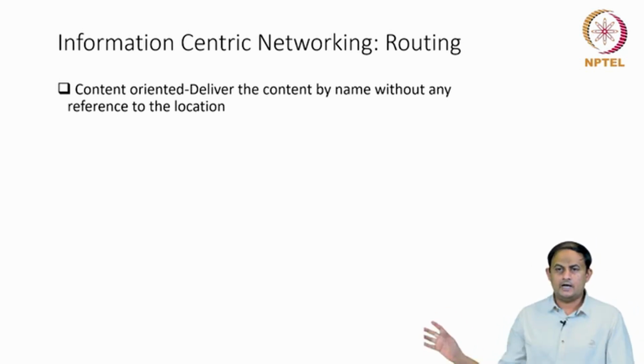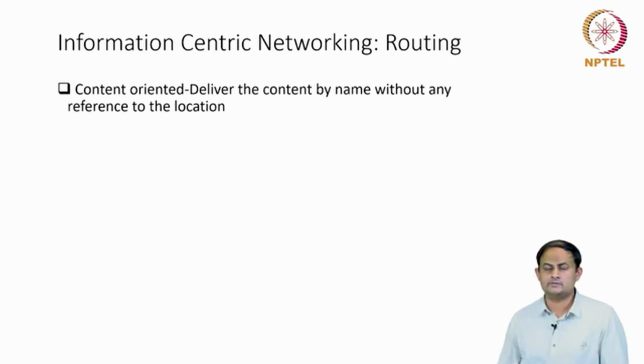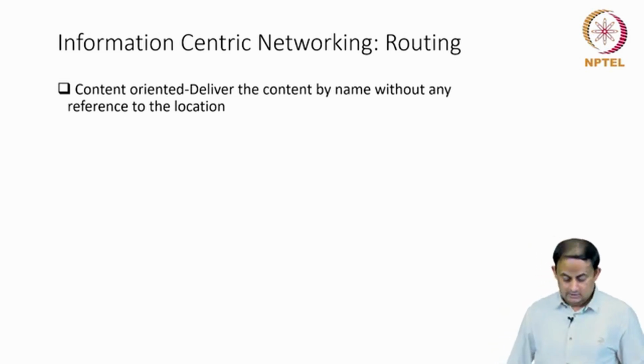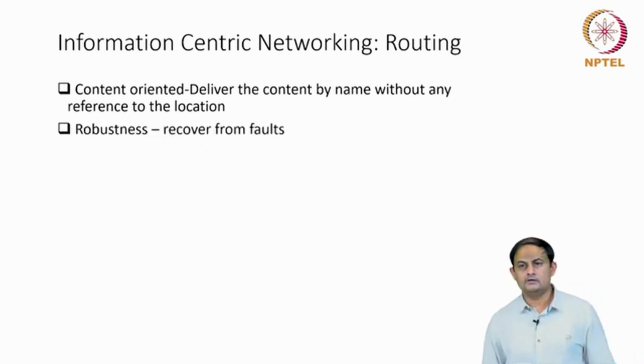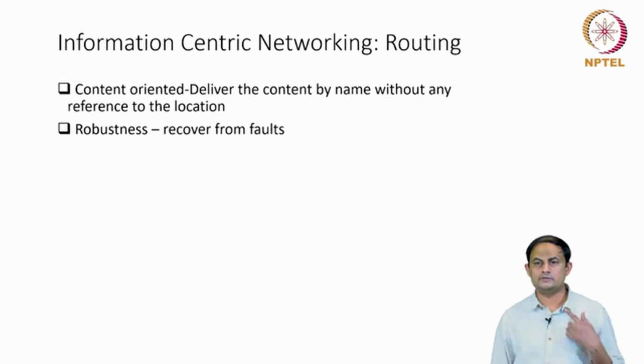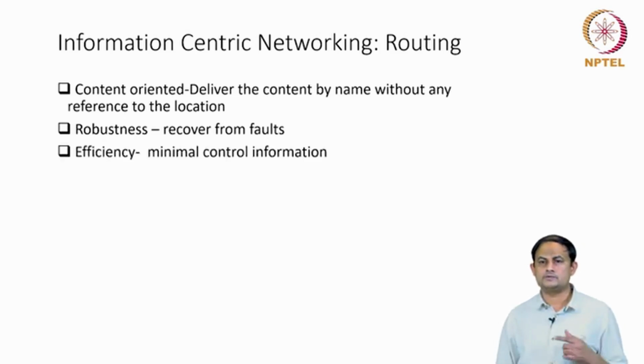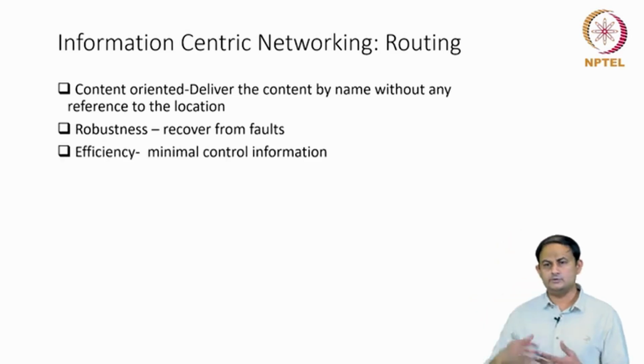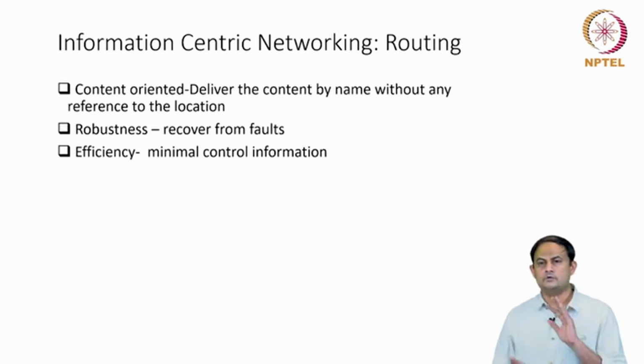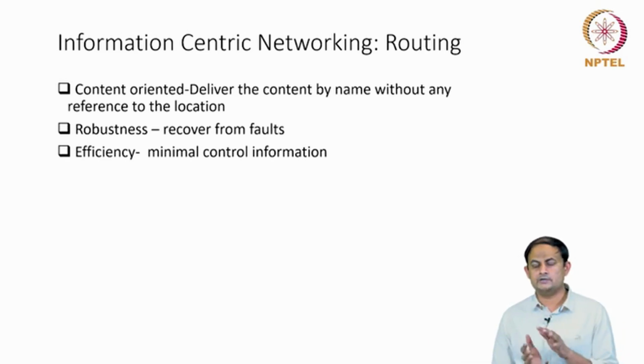If you use the flat naming convention, then because there is no structure in the way names are generated, there is no choice for the routers other than to keep the entire name itself in its routing table, and where to go to get the content for that particular name. On the other hand, if you use the hierarchical naming convention, then you bring some structure and you can aggregate those names and compress them, and at least to some extent you can reduce the routing table size.